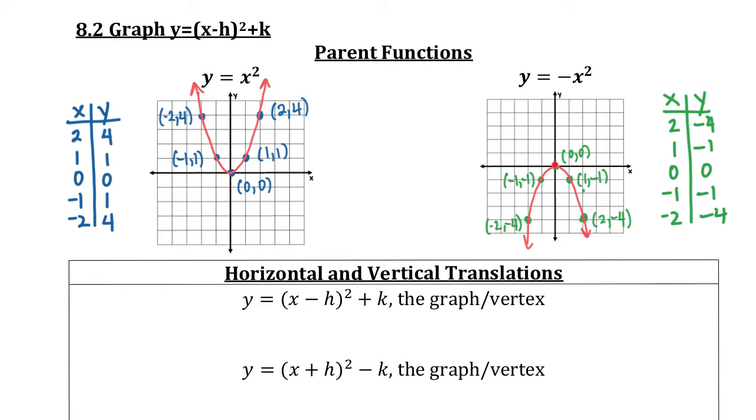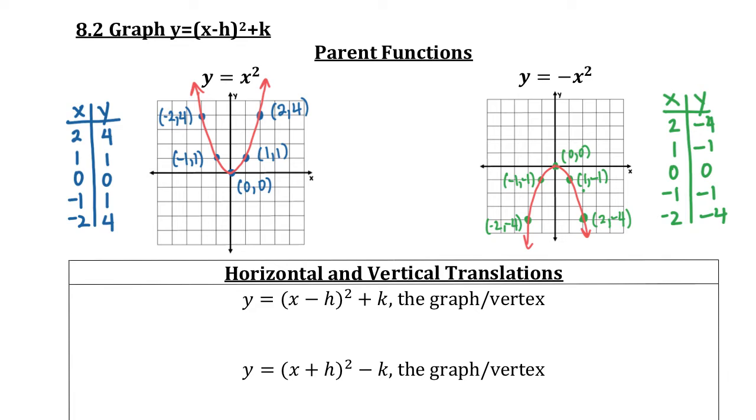And when it's negative, it does the same except it's going down. Side 1, down 1, side 2, down 4, side 1, down 1, side 2, down 4. We're going to keep that shape in mind because that is going to be the general shape for all of our graphs today. Okay, so now we're going to graph y = (x - h)² + k,